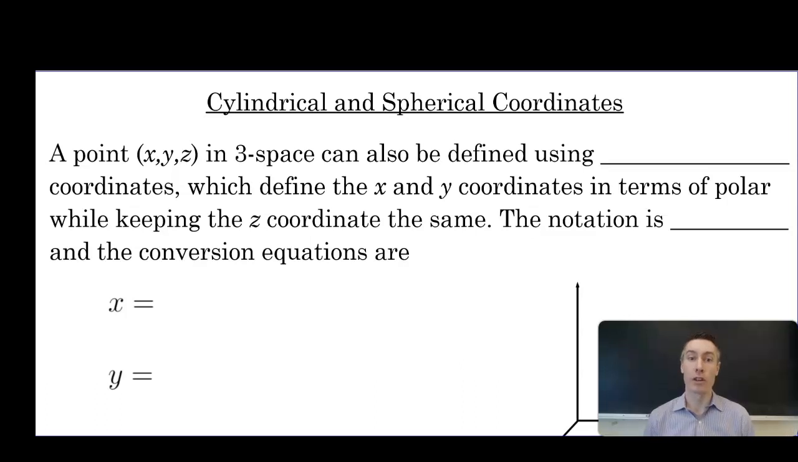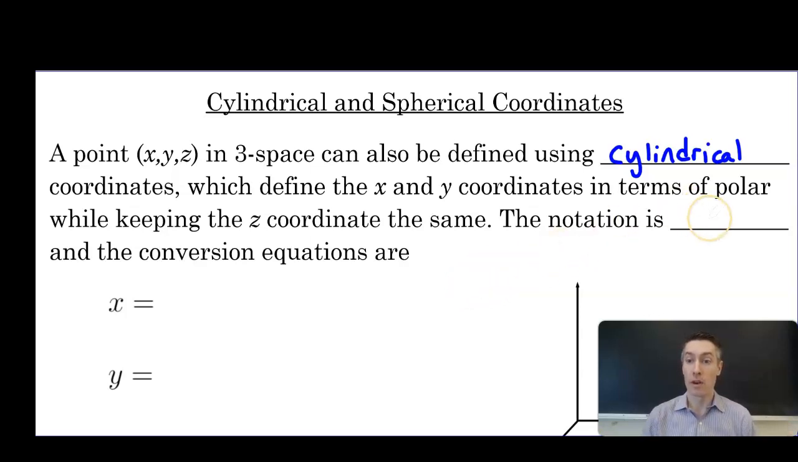This video covers cylindrical and spherical coordinates, which give us two other ways to define a point in 3-space. Starting with cylindrical, a point xyz in 3-space can also be defined using cylindrical coordinates, which define the x and y coordinates in terms of polar while keeping the z coordinate the same. So essentially, we're turning the xy plane into the polar plane and keeping the distance off that plane, which is